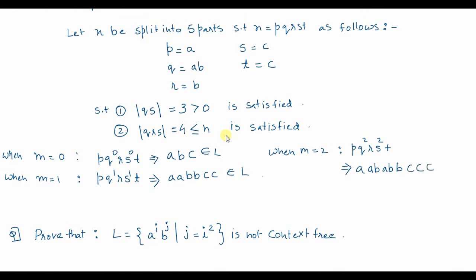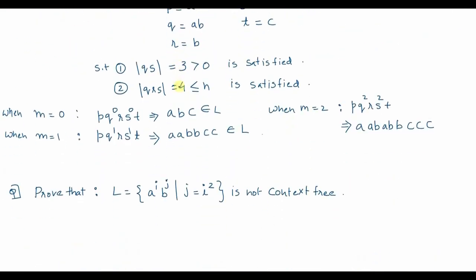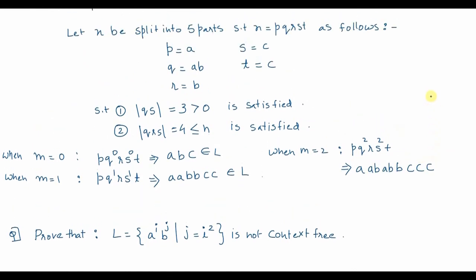Now you see the sequence that is required for us is that only after all a's are exhausted, b should start, and only after all b's are exhausted, then c should start. But looking at this, you see the sequence is getting changed. After a there is b, but after b there is a again. So this is a wrong sequence, so this string does not belong to L. Hence we can say L is not context free. L is not a CFL.